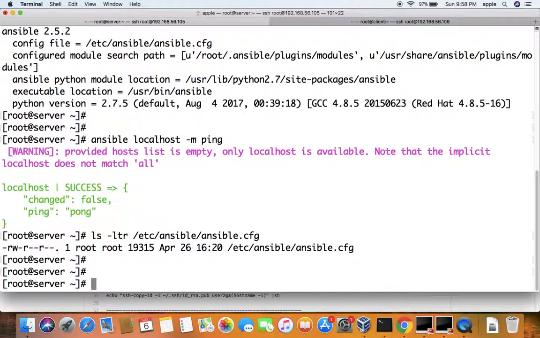One critical aspect about Ansible's configuration is that the default configuration file is in, as I showed you, /etc/ansible. That's the home of Ansible configuration. But just in case, if you copy this configuration file inside your current working directory,